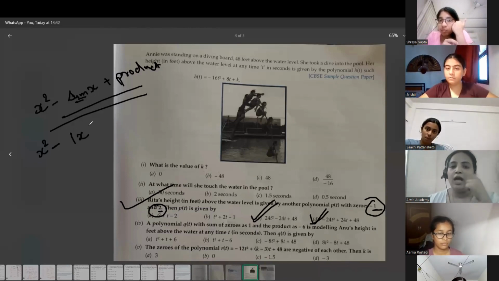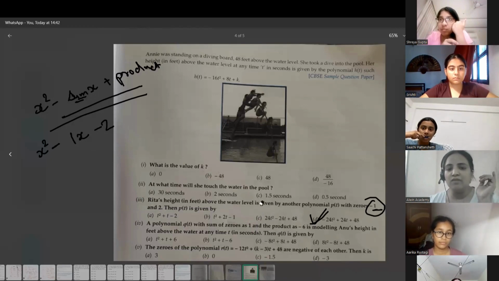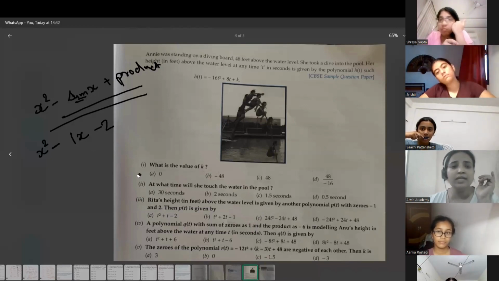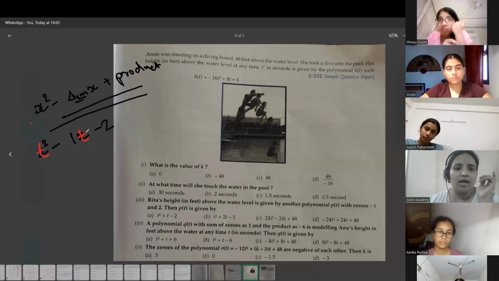Right, bache? And the product of -1 and +2 is -2. So -2. Actually it will come as plus -2, but when opened it will become this. So this is the equation. Now let me clear this and show you whether it is given anywhere. I need to take t here, so let me put t's here instead of this t and t.